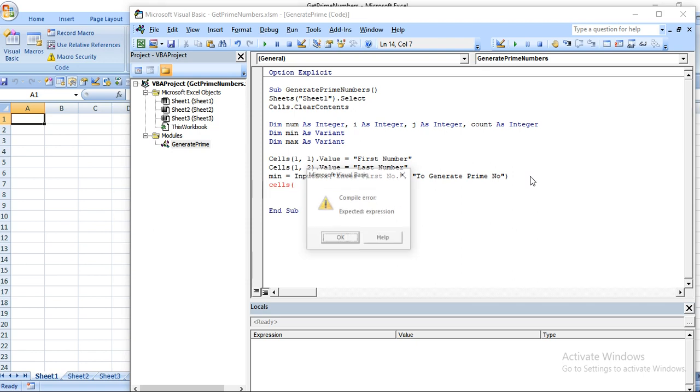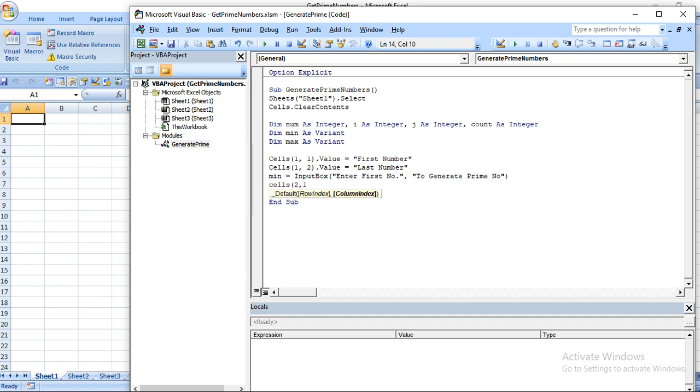That should be row 2, should be 2, row should be 2, column 1 dot value, minimum number, right? So let's assign the value in cell, and now